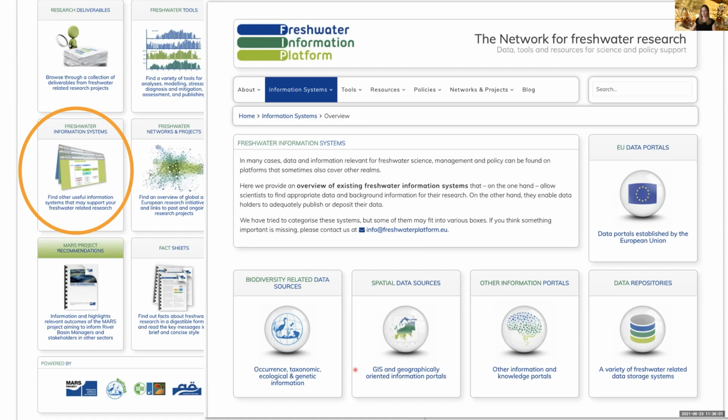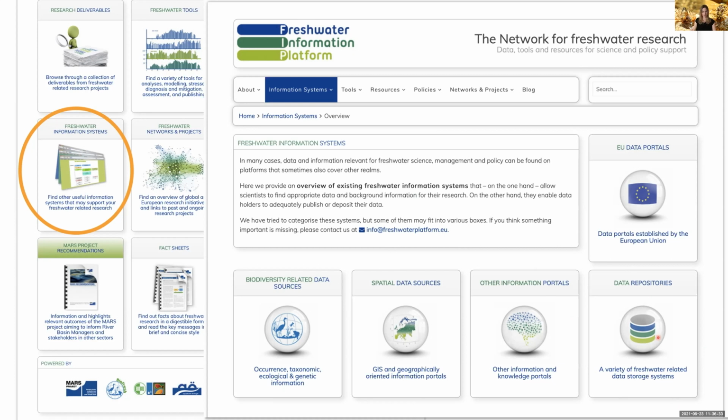These information systems are divided into European data portals, so data portals that are offered by the EU, then biodiversity related data portals and data sources, then spatial data sources like our atlas, for example, then other information portals that contain more general information, and then we also have a collection of data repositories